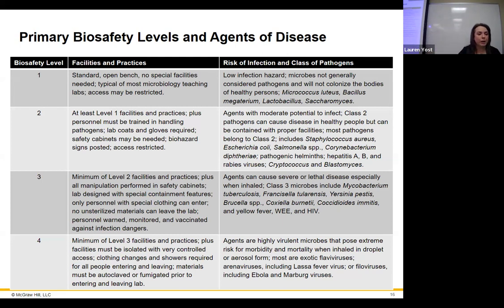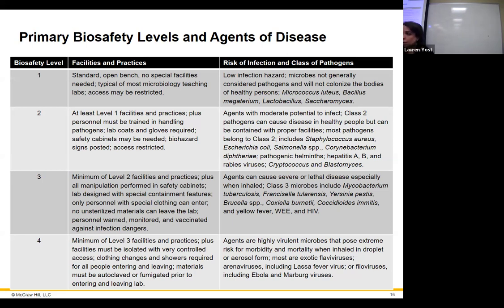Next, we have BSL-3. This is taking that stuff and ramping it up even further. We might have special clothing that you have to wear. You might have to change to go in there, because you need to remove that clothing when you leave, right? They can wear those paper gowns and booties and all of that. There's usually a dressing area, like a whole other room, an antechamber. You change in there and put on your special gear, your PPE, even masks.